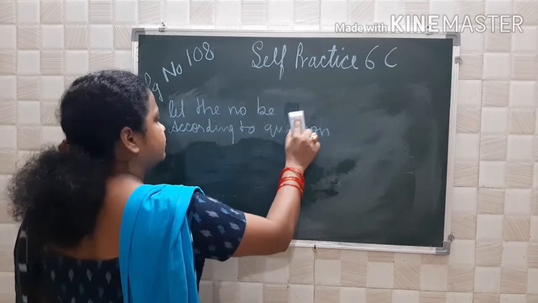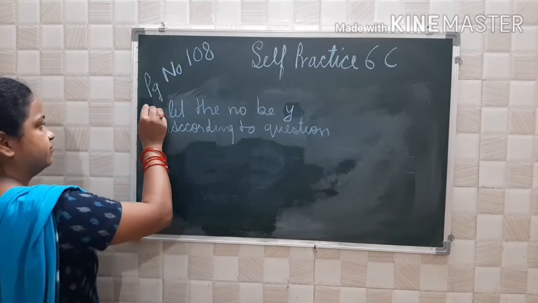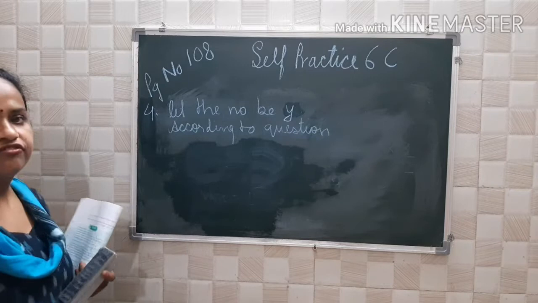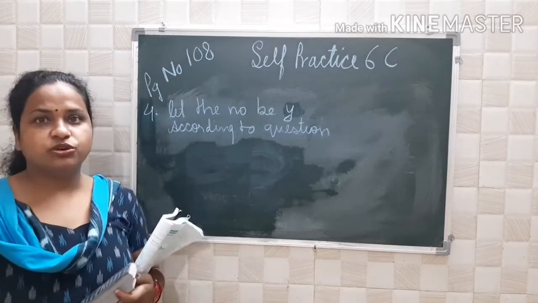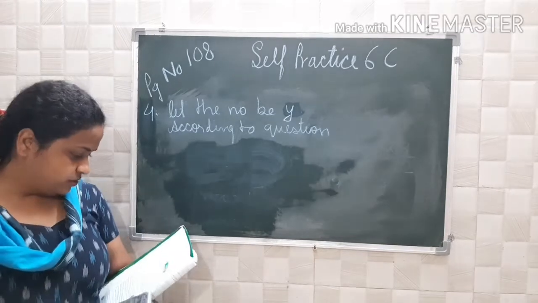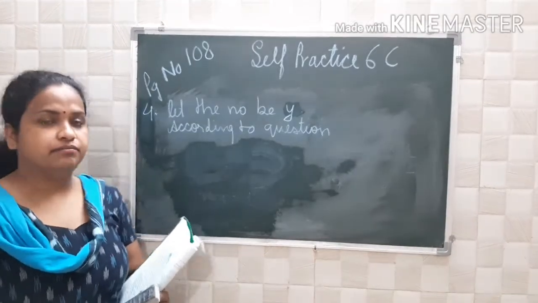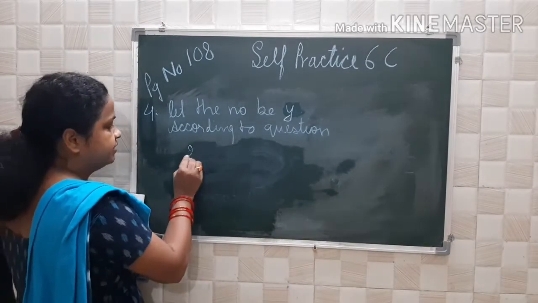In question number 4, now I am changing the variable. Now take the variable to be y, meaning let the number be y, just so that you do not get confused. You can take any variable, as I have said. So now what is there? The number is subtracted from 23. Means a number is subtracted from 23.